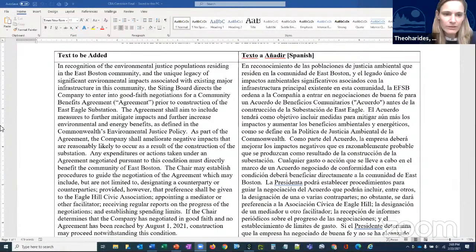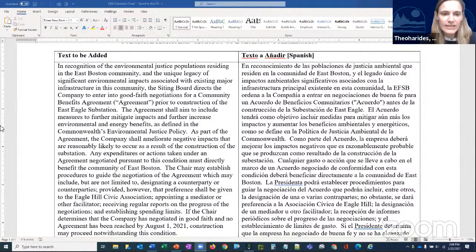As part of the agreement, the company shall ameliorate negative impacts that are reasonably likely to occur as a result of the construction of the substation. Any expenditures or actions taken under an agreement negotiated pursuant to this condition must directly benefit the community of East Boston. The chair may establish procedures to guide the negotiation of the agreement, which may include, but are not limited